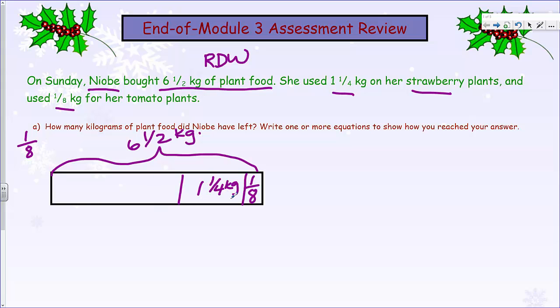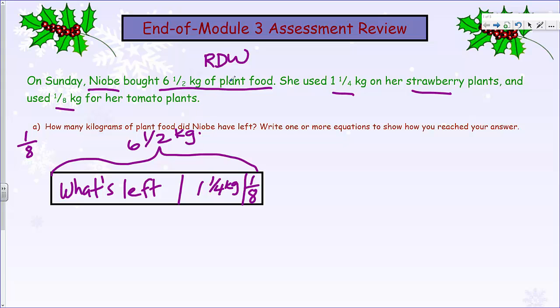So we have the 1 1/4 kilograms of the plant food for the strawberry plants and the 1/8 for the tomato plants. So that basically means this here is going to be what is left. So I'm going to put what's left. This is what's left, okay? Oh, here we go. So this is what's left here of the plant food. Okay, well, this is getting me to think now. If this amount and that amount was used from this bag here of this amount,